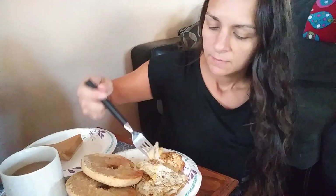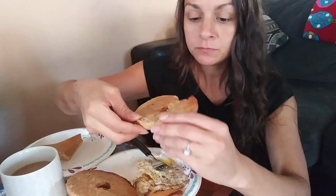Okay. So, just 2 eggs here over medium. Some pork roll. These are whole wheat bagels with butter. And on the side here